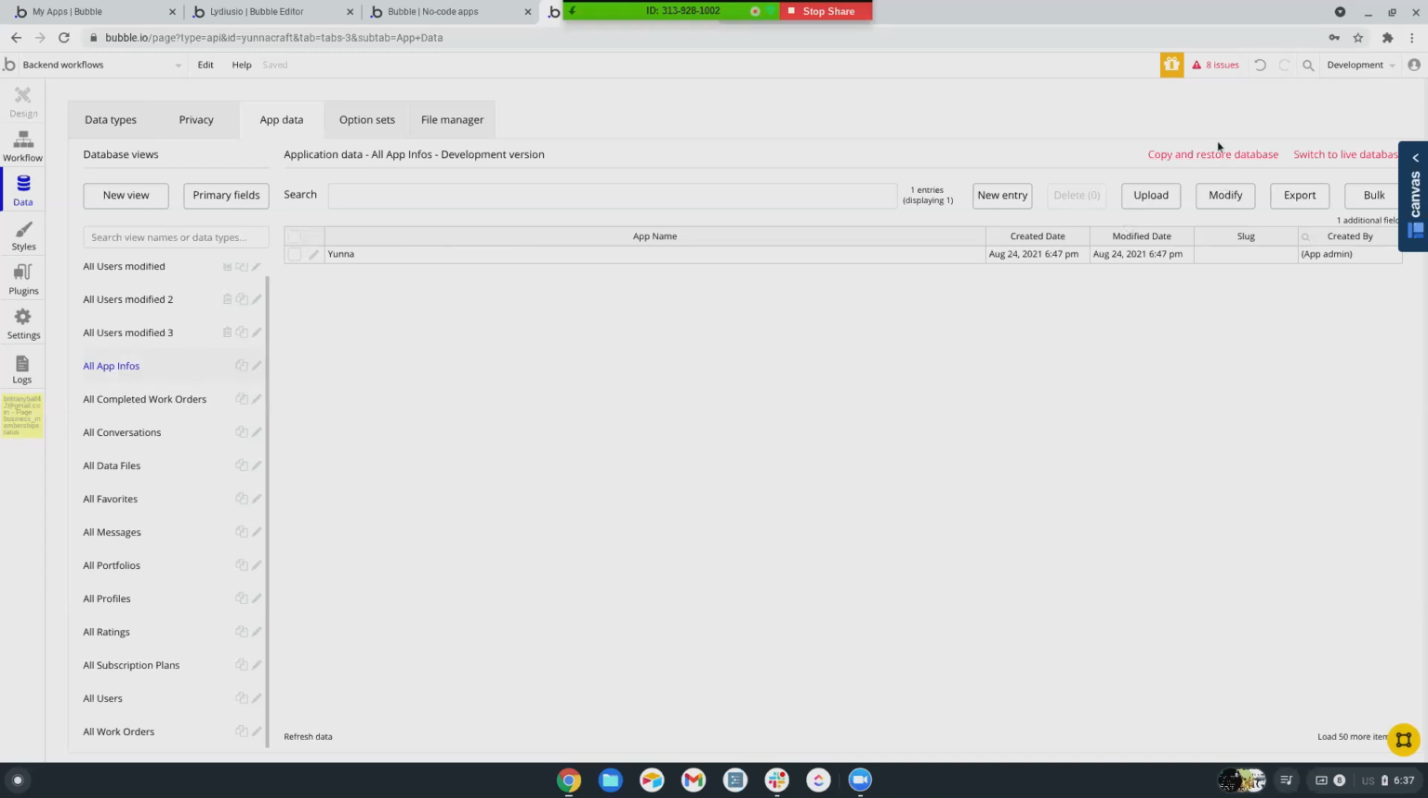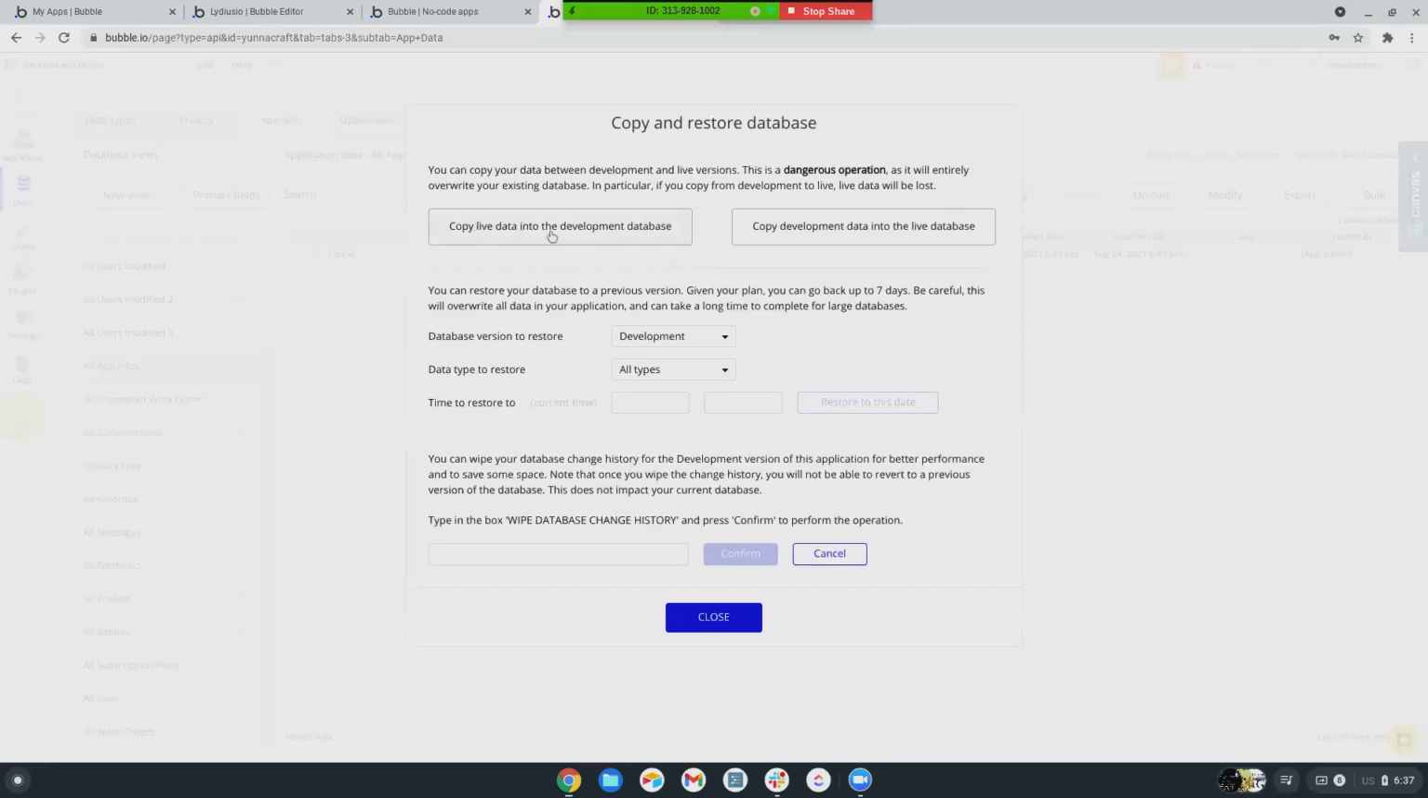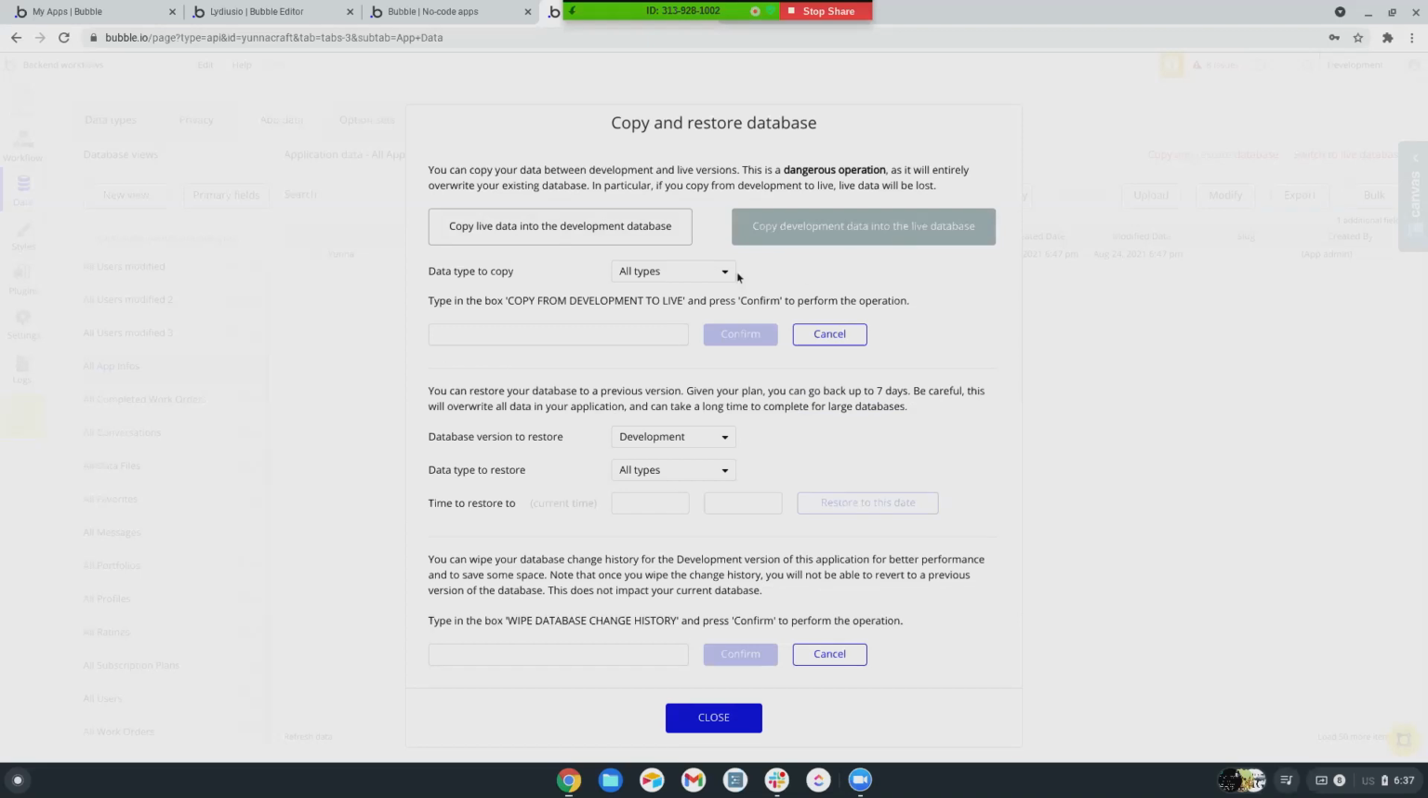And what you can do is click this button here, copy live data into the development. Nope, that's not what we want. We want to copy development data into the live database. Like this. And so you would deploy first, and then you would copy, right? And you can copy all types, or you could just copy that one type. Like you could just copy this over. Then you would have to type this in this box and click confirm, and it would do it. Okay. So how do I know, this may sound like a dumb question,